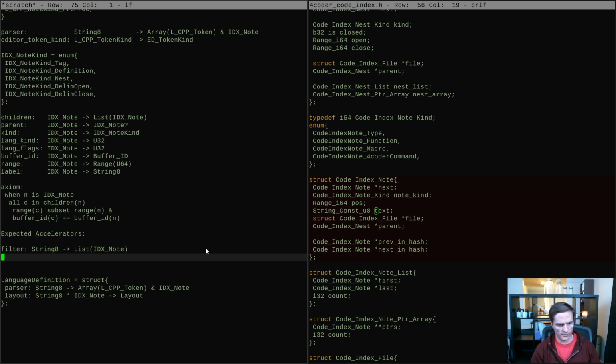I would also like the ability to give a buffer ID and a range on that buffer and get back a list of the index notes that are